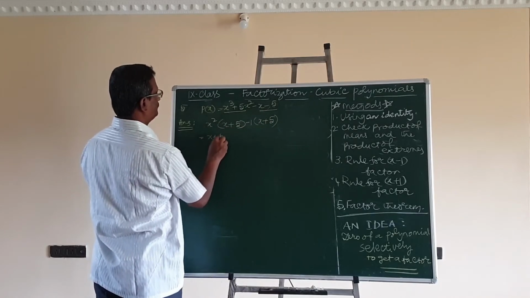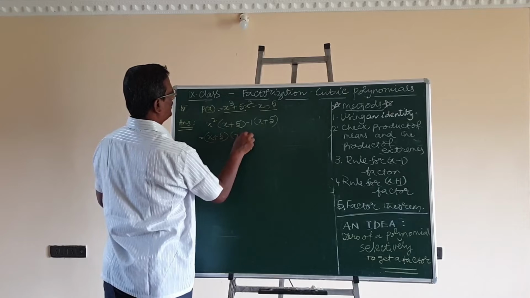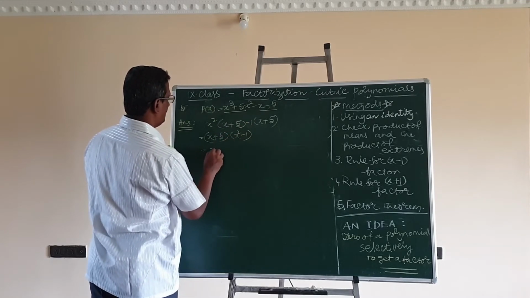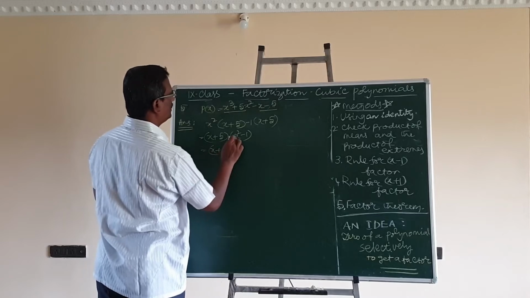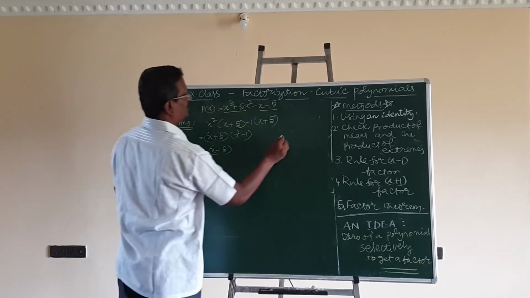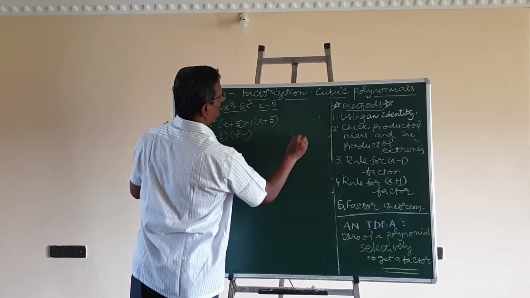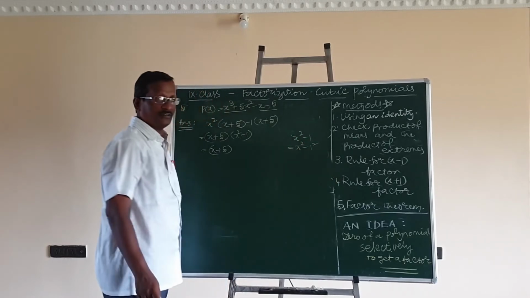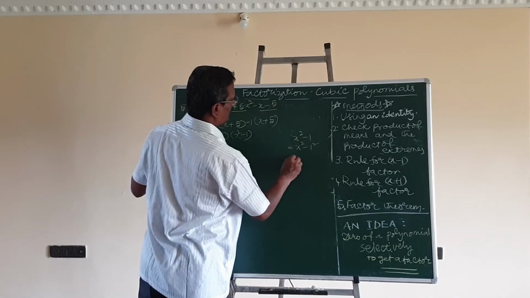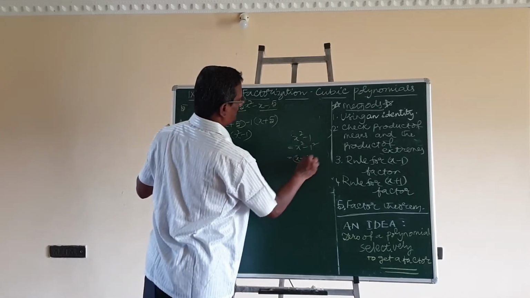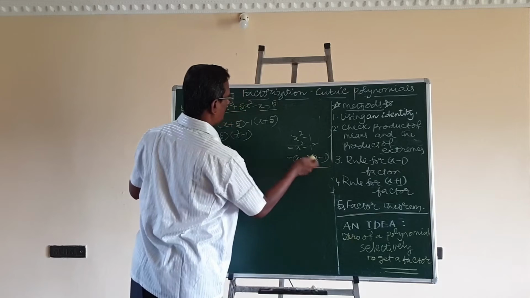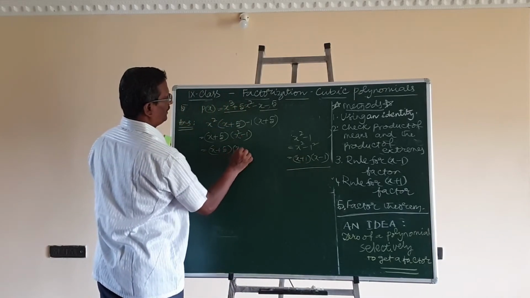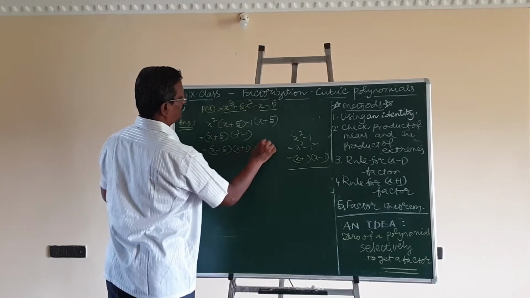So x plus 5, on taking common factor, x minus 1, x square minus 1. This is x plus 5 into the a square minus b square identity, that is x square minus 1 is equal to x square minus 1 square, because 1 square is equal to 1. Now using that identity, x plus 1 into x minus 1. On application of this identity, we get the two factors of the polynomial, x plus 1 into x minus 1.